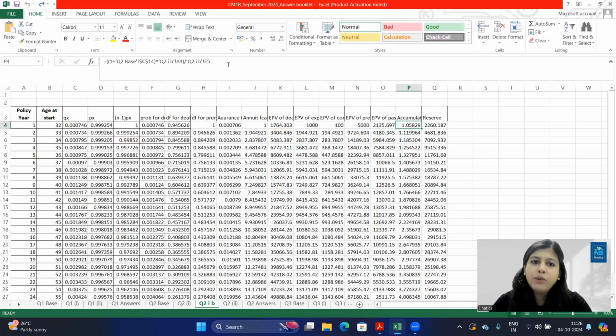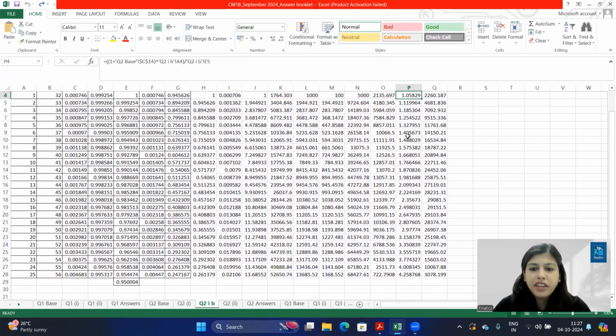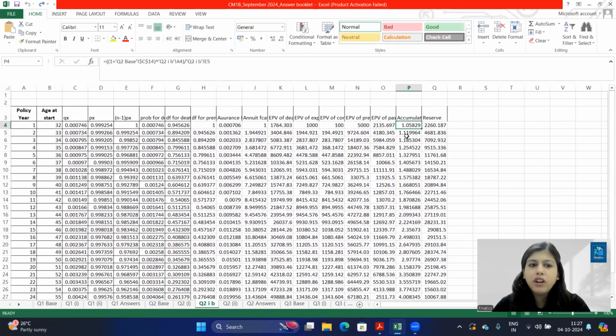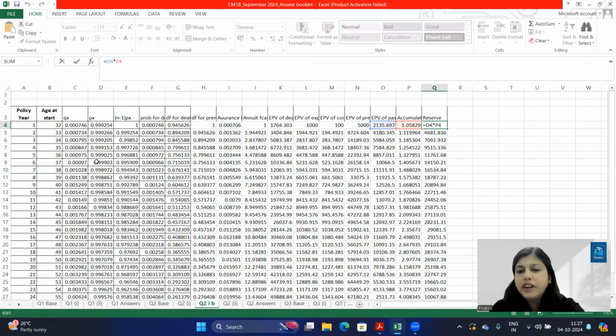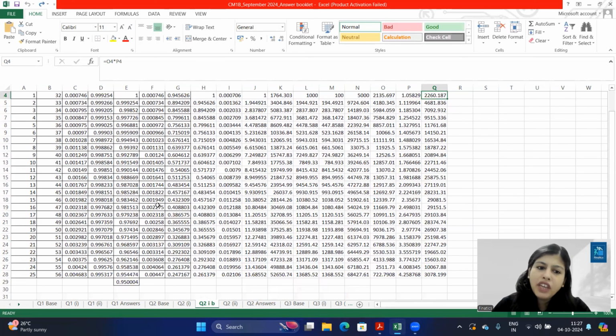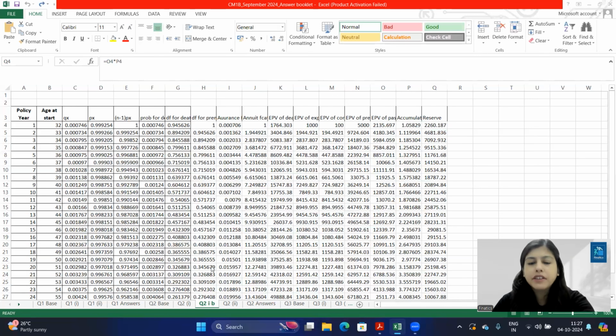We accumulate that value. So 1 plus our interest rate, whatever it is, to the power time, okay, divided by our probability of survival n-1 px. You accumulate these values for every year, for 1 year, for 2 years and so on. For each year you accumulate it and you get the values, the reserve. Okay, accumulation. So basically payout into accumulated factor will give you the reserve for each of the years. This is the basic process for calculating the reserves.